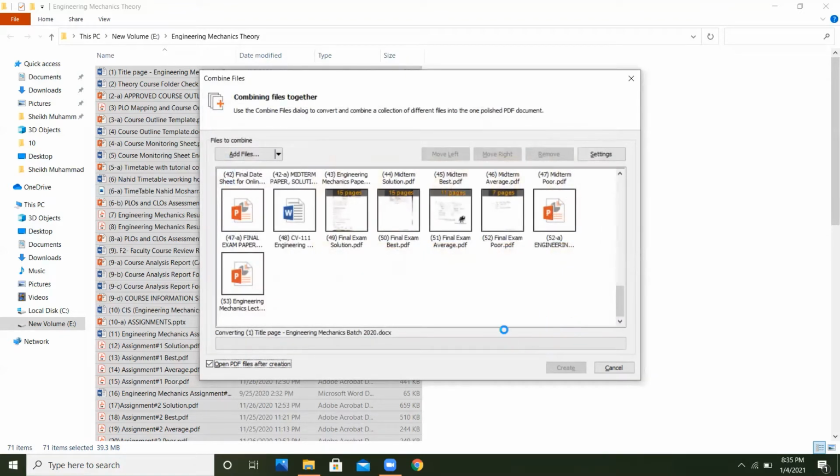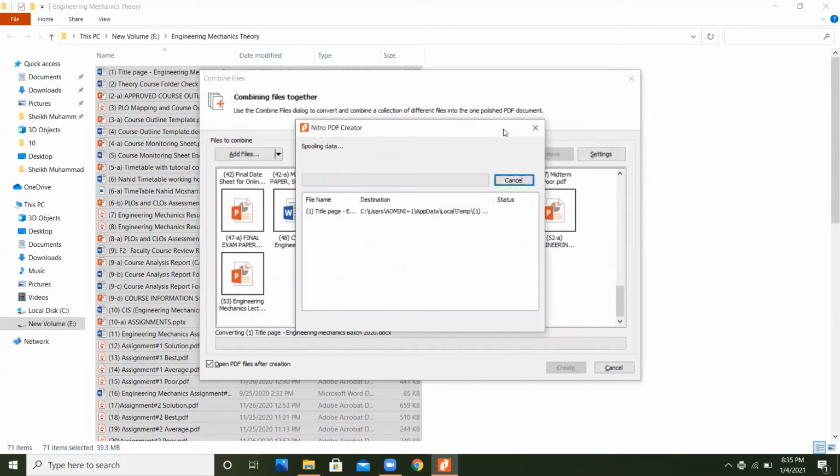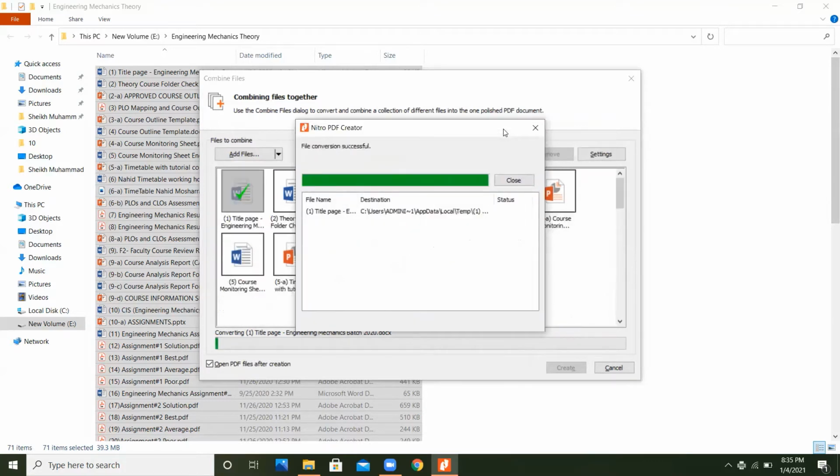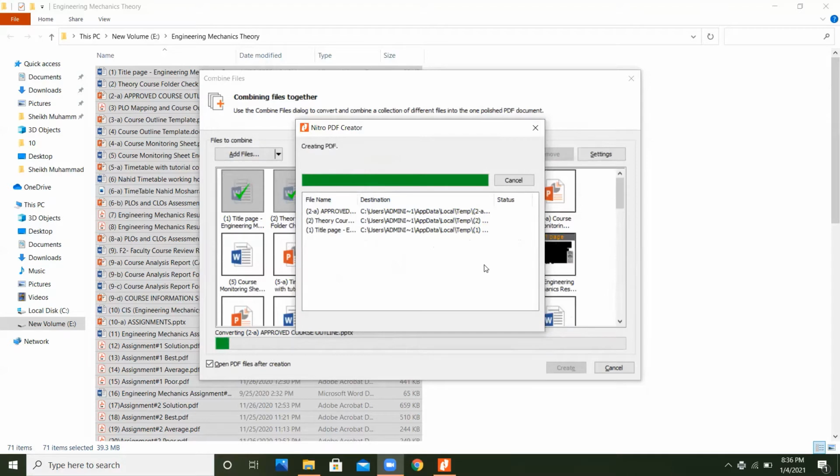And now the conversion has started. Let me check it out. The screen is sharing with you and it has started to convert. What is happening over here? Actually, I had different file types. For example, I had Word, PowerPoint, JPG images, and PDF, and I have Acrobat Reader.